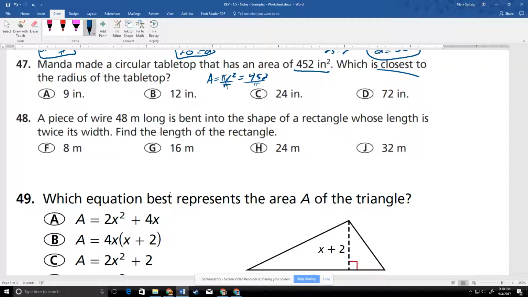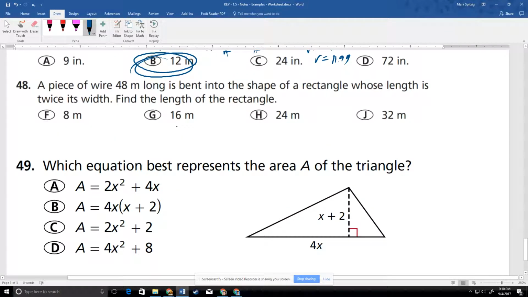So we get the radius squared equals about 143.876. I take the square root of both sides and get the radius, which is coming up right now. 11.99. So it's really about 12, right? It's 11.99 something, which is going to be 12. Okay. A piece of wire